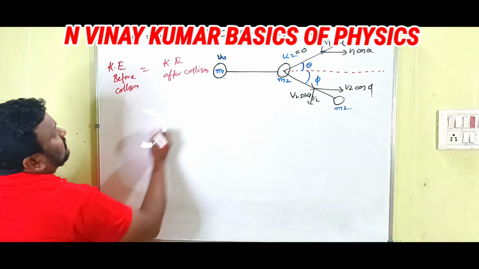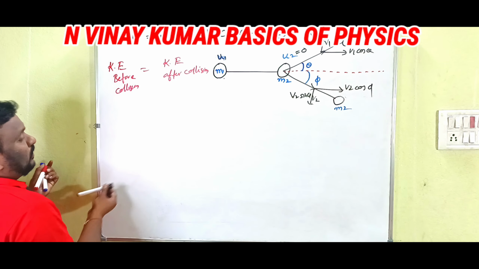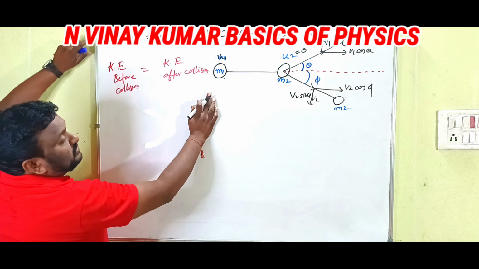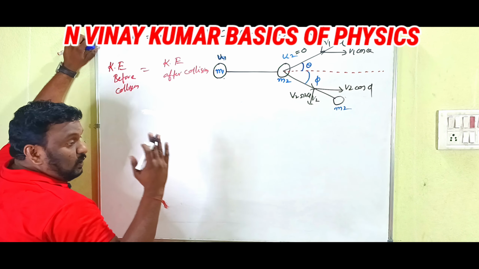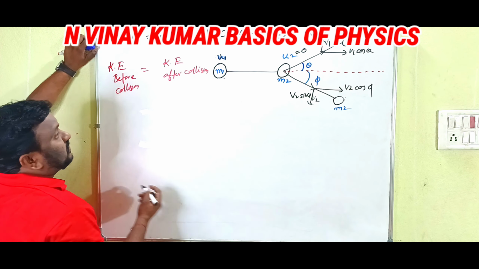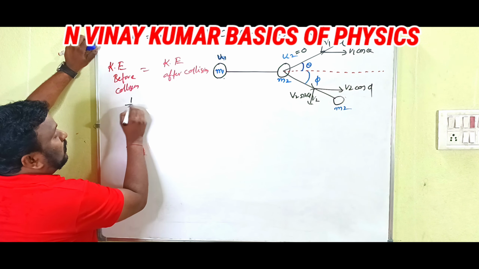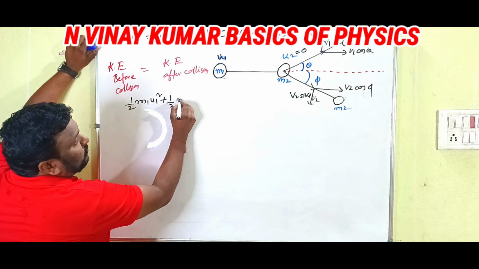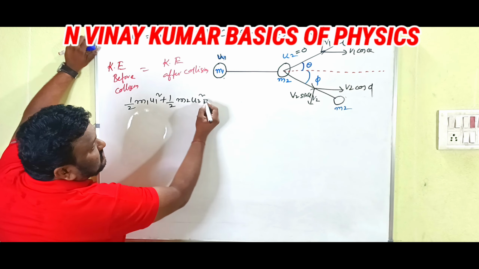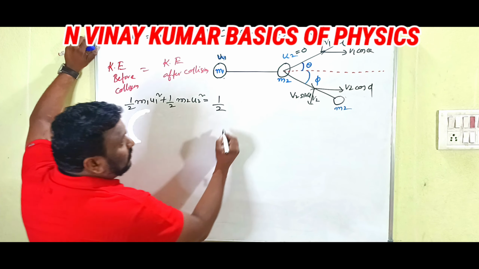Same thing, children. So with respect to the x-axis, what is the kinetic energy equation? Half m v square, that is half into mass into velocity square. Like that: half m1 u1 square plus half m2 u2 square is equal to